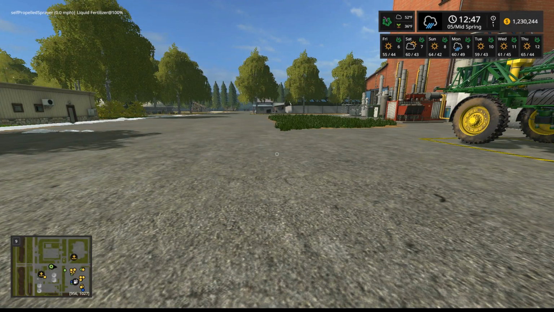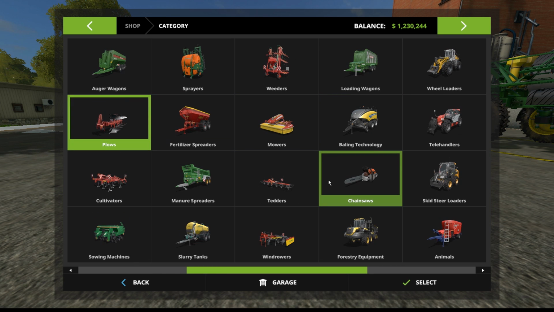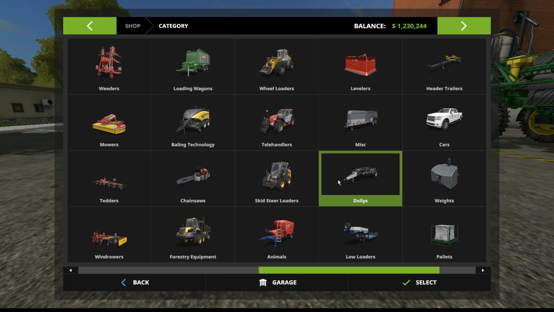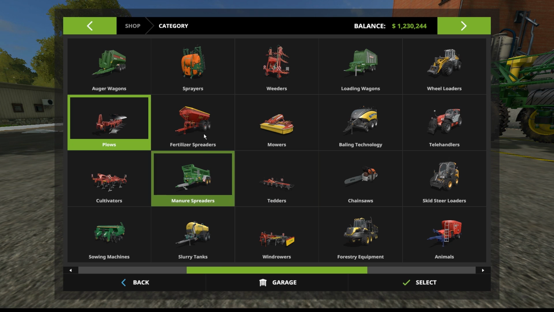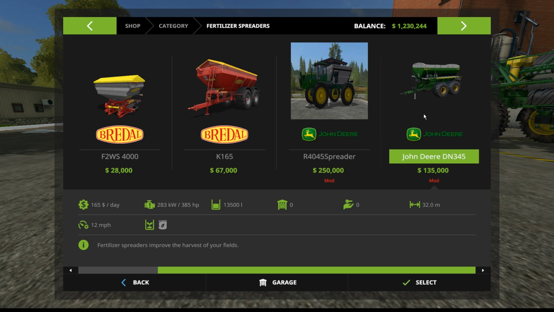I toyed around with a different type of spreader. If we come in here and take a look real quick, I toyed around with something else, and I might actually switch it up from that liquid spreader to, there it is, this right here, the John Deere DN345. It deals regular solid fertilizer, and for whatever reason it seems that this fertilizer actually does a better job